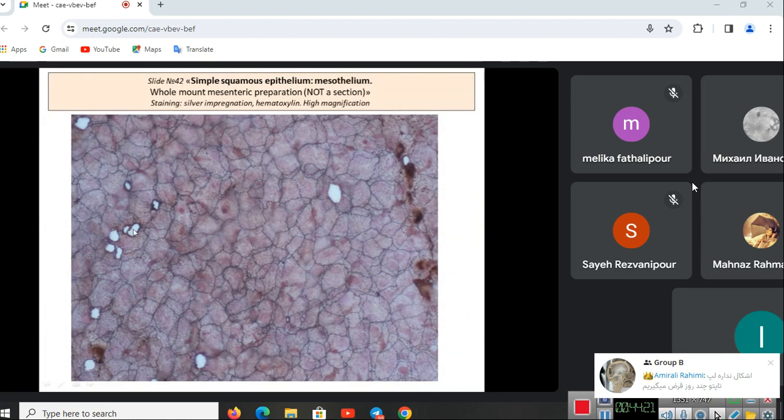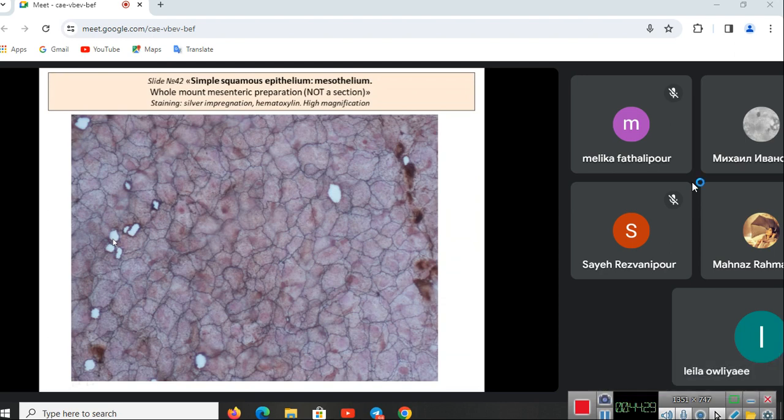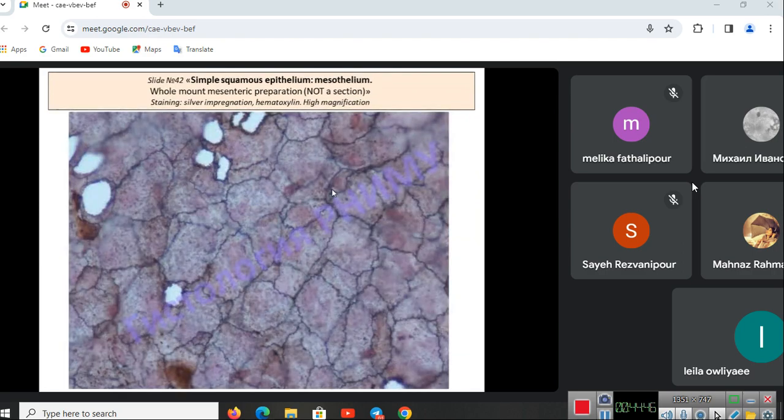These holes are the artifacts. An artifact is the damage caused to tissue as a result of the action of the scientist. So it is not the breaking down of the tissue inside the organism, but it is the result of the histological preparation. At higher magnification, we can see the cells with their cell borders,